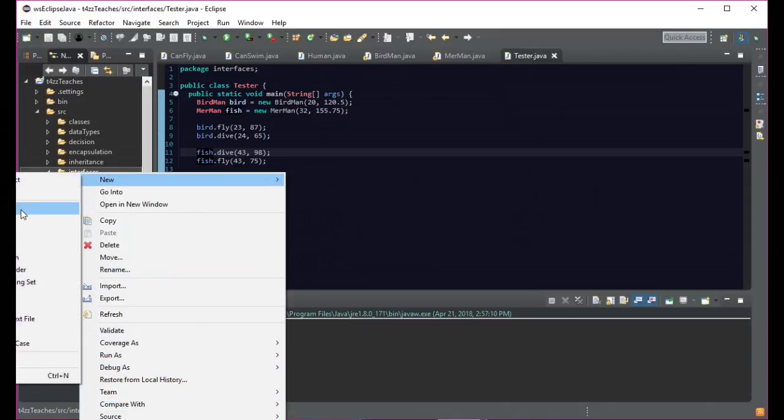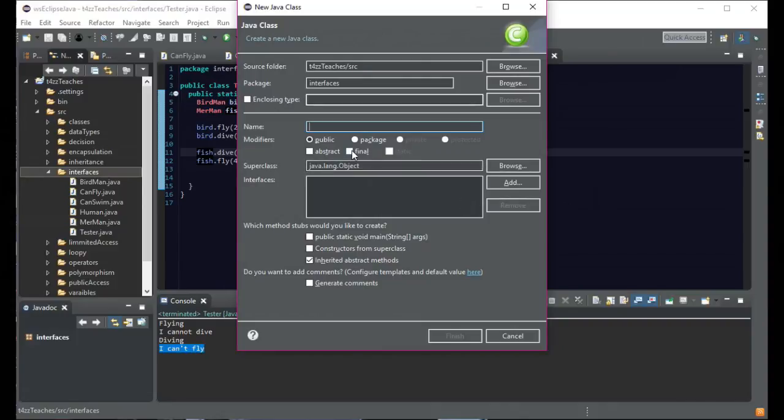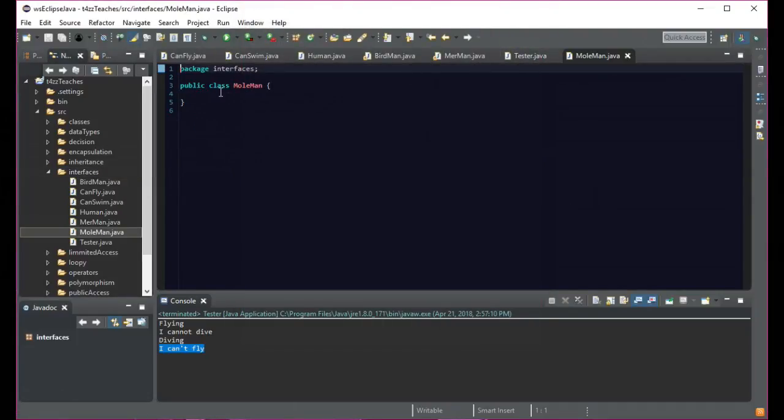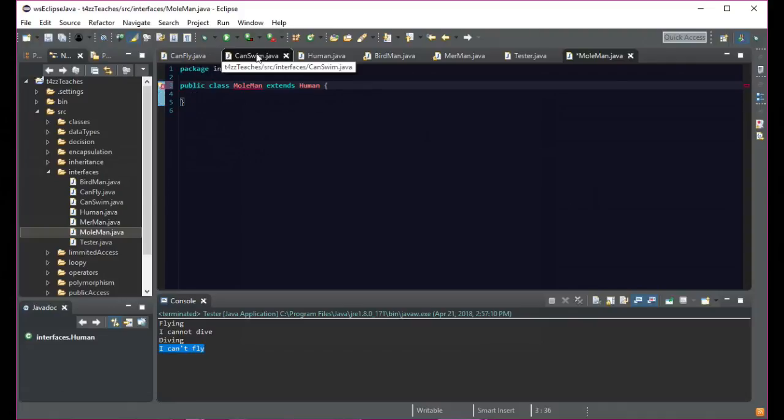So we want a new class, and we'll call this MoleMan, right? So this guy, he can dig, but we're not going to do a canDig thing. We're just going to know that that's there. MoleMan also is a human, so he extends Human. And we're going to get an error here because it's going to say we're not meeting the Human